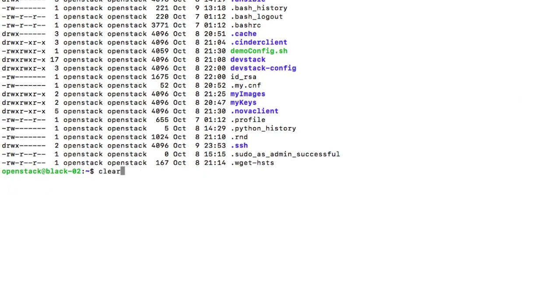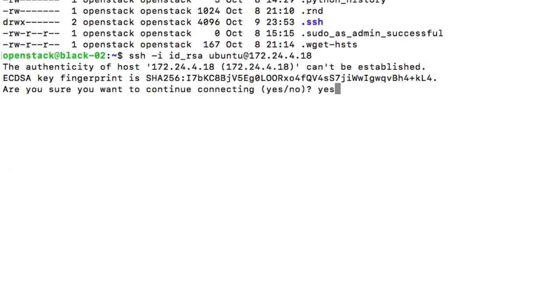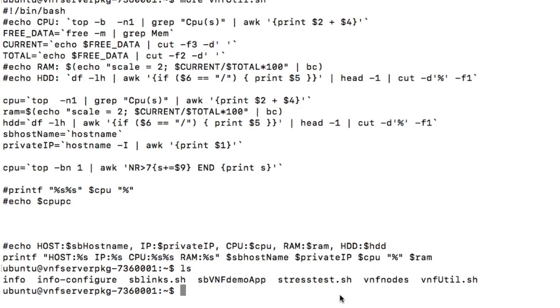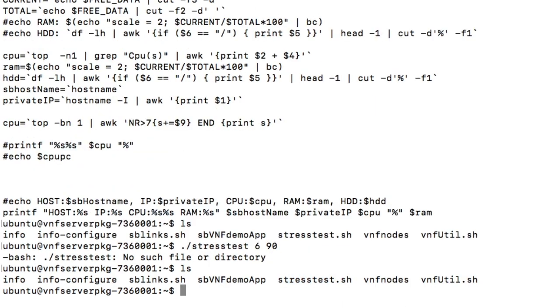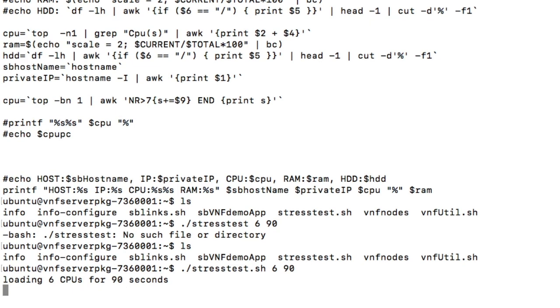And with this I can now switch back to the terminal so that I can log on to the instance using the security keys we already defined. So now I'm actually logged into our instance that's running our StreamBase VNF. From here now I run the stress application with some parameters, which basically means to stress out this instance for about 90 seconds. And so if I can enter the command correctly, there we go,